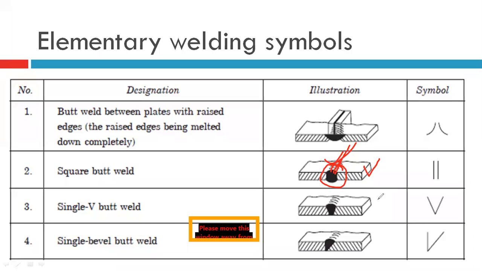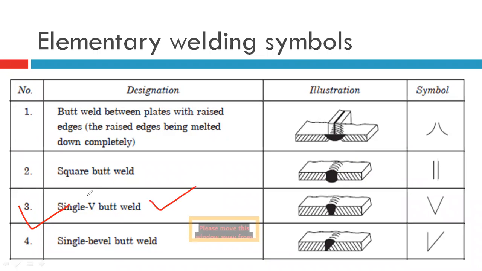So at that time it is expected for a 1 mark you should draw this one, and for the another 1 mark you should draw the symbol, right? So this is your square. The two lines we are showing here itself, right? So this is the symbol of a butt weld, square butt weld. Now the third one,